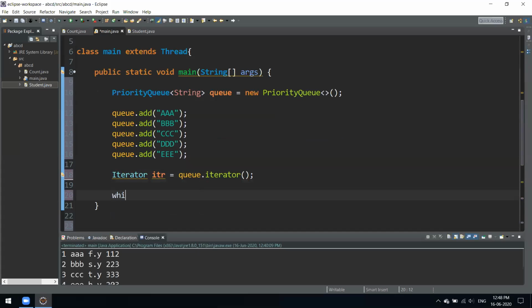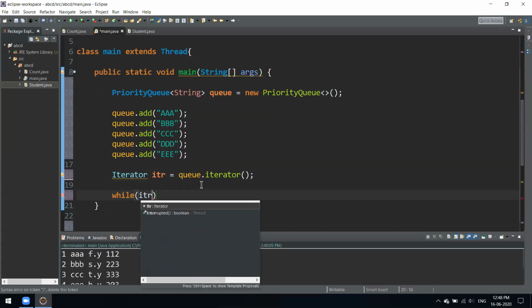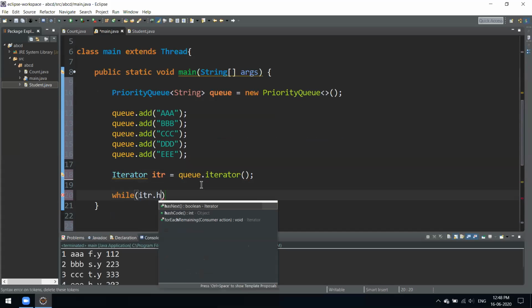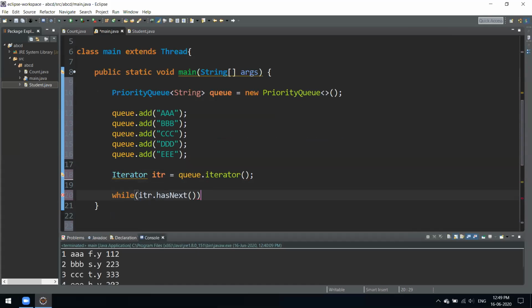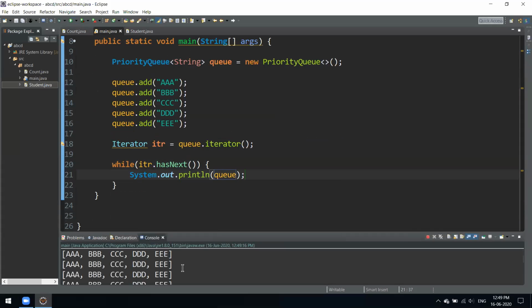Now we'll use our while loop: itr dot has next. Now we could print the elements of our list. Simple as that. It is going in an infinite loop. Let's see what we messed up.